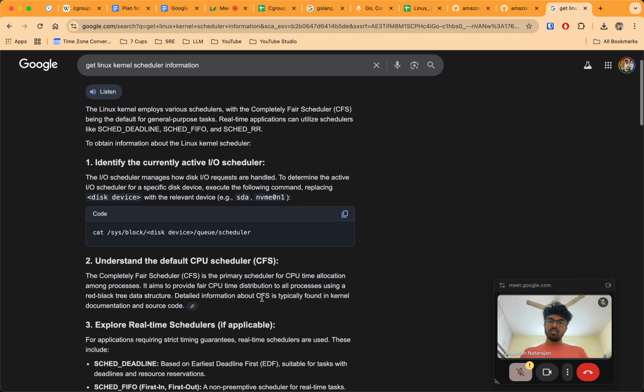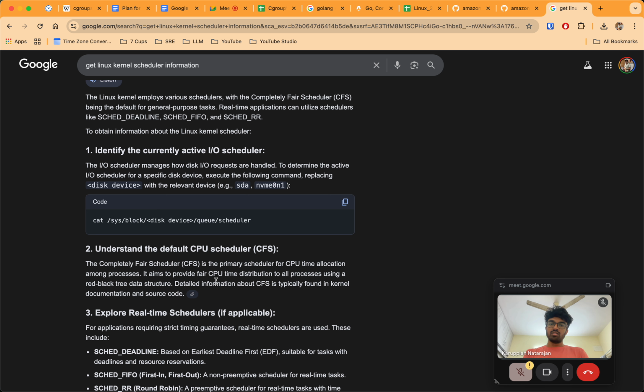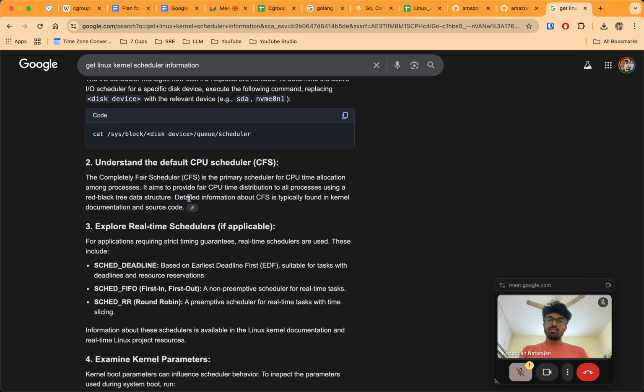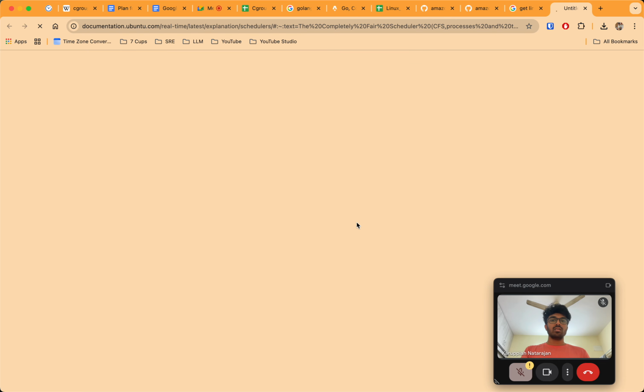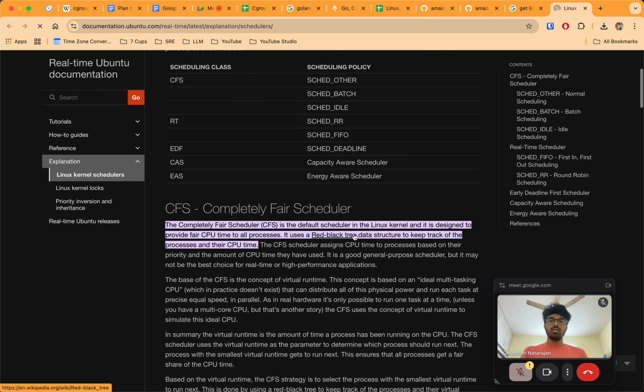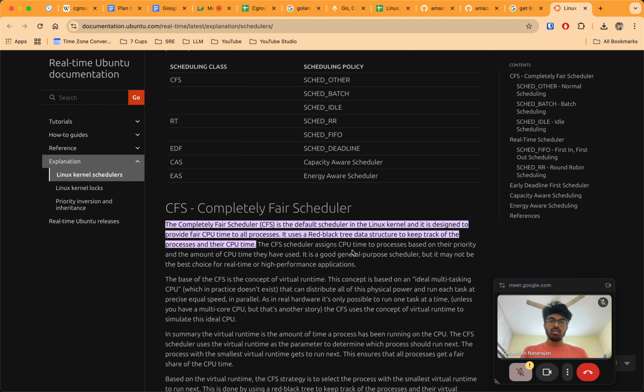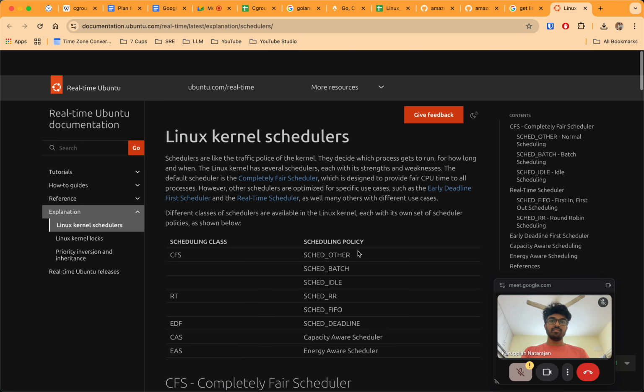Okay. Default CPU scheduler, the primary scheduler for CPU time allocation among processors. It aims to provide an... source code. Okay. But I think this changed. This is for which version though?